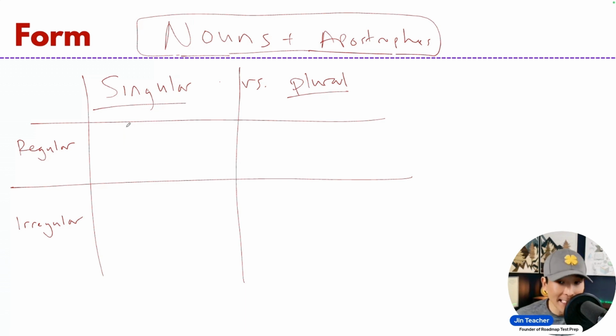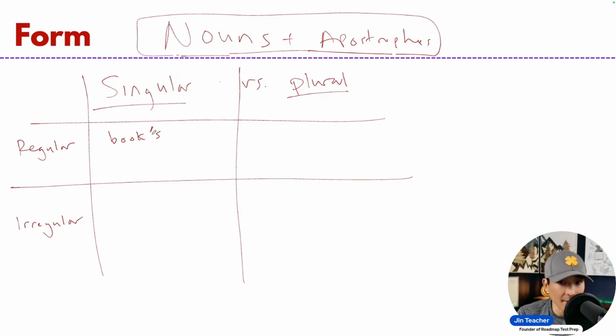Book. What's the singular noun form? Like how do you write the singular? You just say book, right? That's the first step. The second step is simply to add the apostrophe S. So when we say book apostrophe S, when we see that, we should understand that to mean that